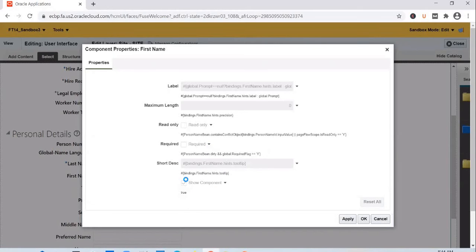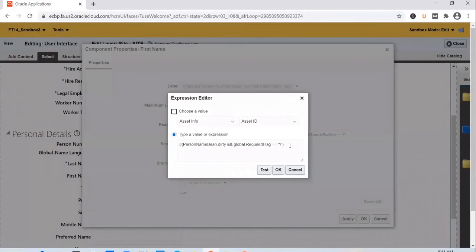But I click on required, go to expression builder, and I will take out the expression in there which is getting evaluated. I'll not rely on it, and I will just change this to a true or a false, depending on whether that field should be made mandatory, yes or no. You can put in a value or an expression. If you put in an expression, that expression will be evaluated, and the result will decide whether it is a true or a false.